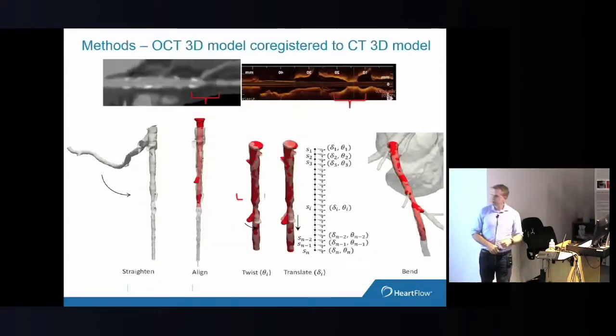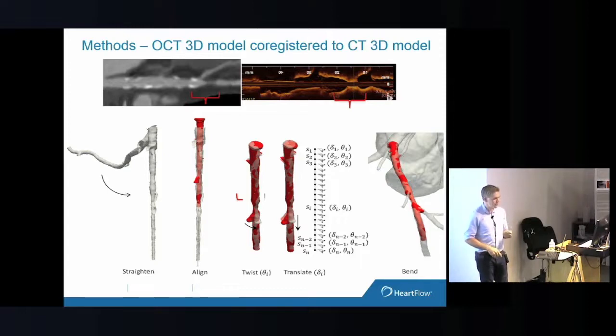For these patients, we have the CT data and the OCT data, and comparing them is not trivial because the CT data is in 3D, while the OCT data is just lengthwise. So we deform the CT data, align it with the OCT, and twist it so that we align all of the bifurcations, and that allows us to really compare the minimum lumen area from the OCT with the CT